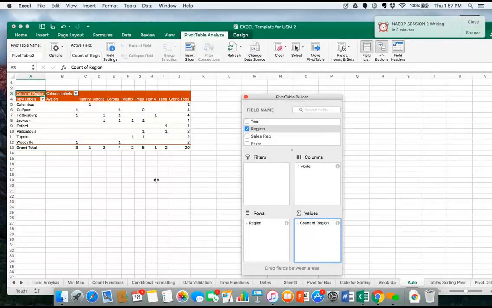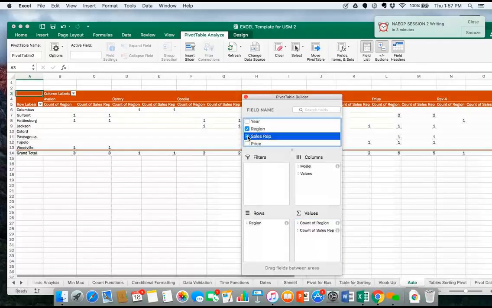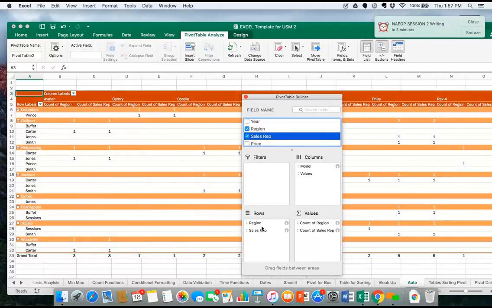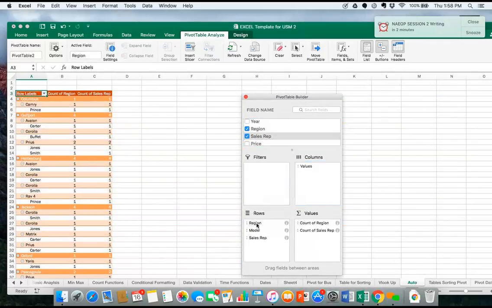Now, so far I have what? I have my rows and I have my columns, but maybe I want to add one more piece of information. I want my sales rep, right? So now I'm going to put my sales reps here. So now I know which sales rep is in each location. Maybe I don't like that. I'd prefer to do model here. I could put them all in one, but